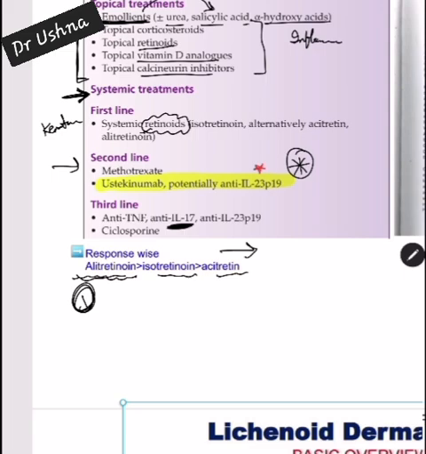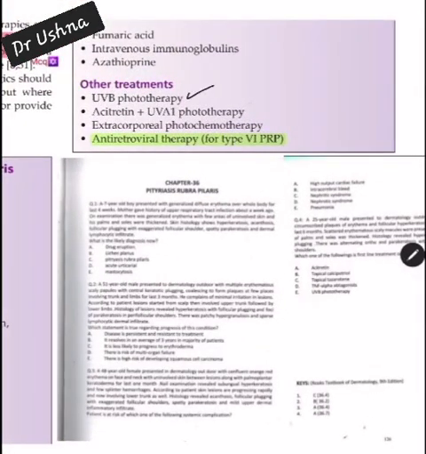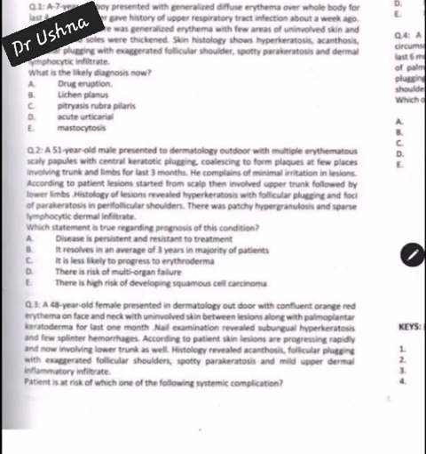Methotrexate and ustekinumab are given as second line treatment, and third line treatment is TNF inhibitors or interleukin 17 and cyclosporin. Then there are many options. You can give UV therapy, Re-PUVA in the form of acitretin and UV therapy, and antiretroviral therapy typically for type 6 PRP. If we just do the MCQs of this topic: